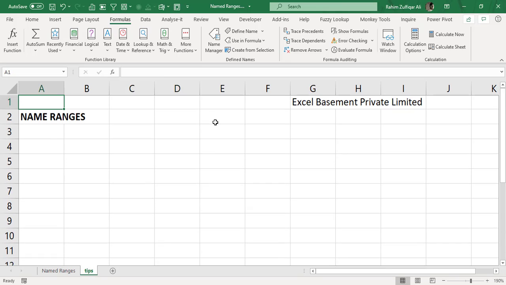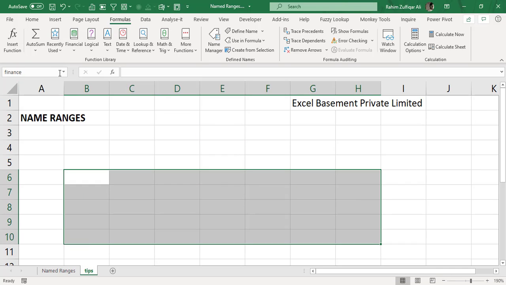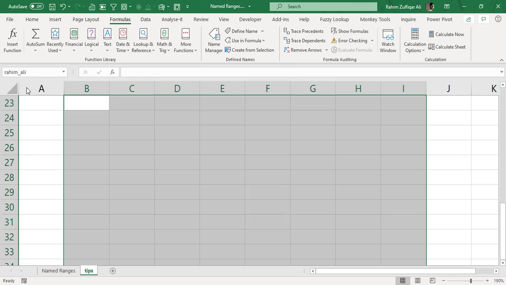There is one possible way of recalling the name ranges that is very easy. For example, you created 10, 12 or 15 name ranges on your spreadsheet, and you want to use them in your formulas or functions, or you want to reach a particular name range. You have to go to the Name Box and click on this drop down, and when you click on it, all the name ranges available on your spreadsheet will be listed down here. Whenever you click on any of the name ranges, Excel will take you to that name range area. This is one way of